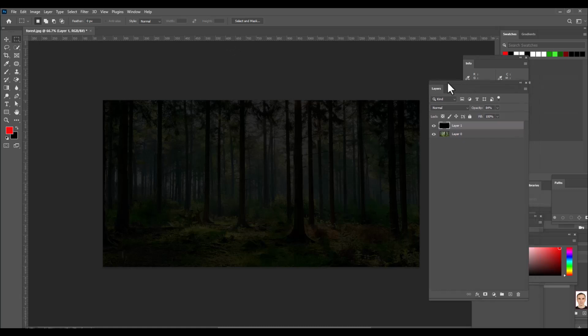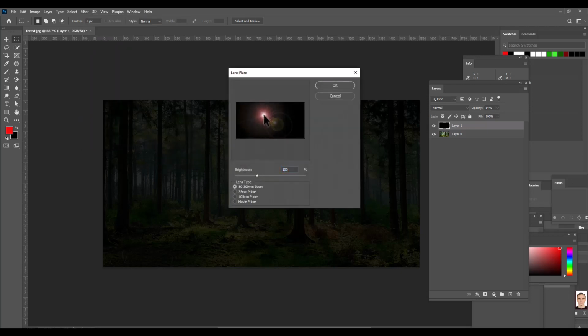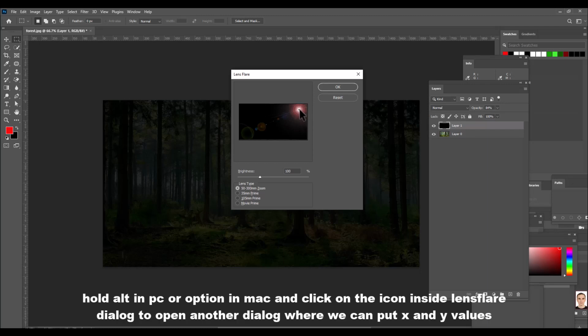So what we'll be doing is we'll simply go to Filter, and in Filter we have Render, and in Render we have the option Lens Flare. If we want to exactly place our sunlight in the location that we have just now chosen, we simply have to hold Alt on PC or Option on Mac and click on this icon,